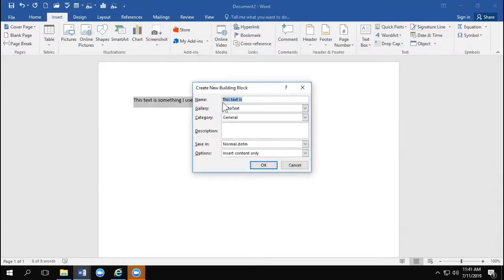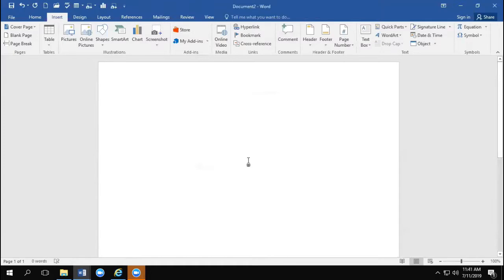It's going to pop up with the first few words of the auto text. I would leave that alone. You could rename it to something else if you want. Just make sure that it's saved in the normal.dotm, which should come up by default. You say, okay. So now, let's say a week from now, I open up a Word document, I start typing